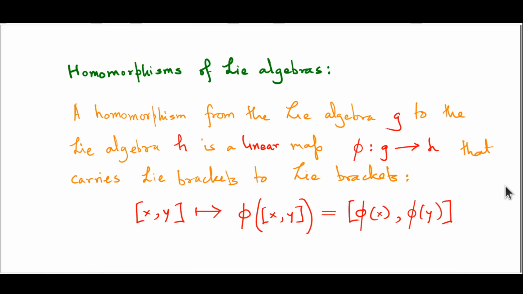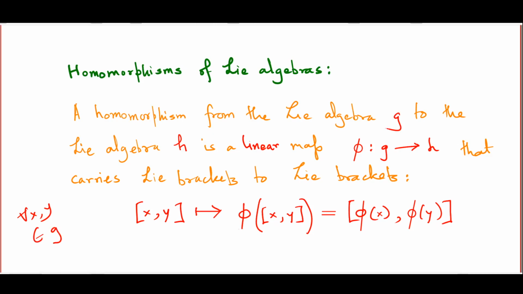So when we are talking of Lie algebras, a homomorphism from the Lie algebra G to the Lie algebra H is a linear map. After all, Lie algebras are vector spaces. So the only kind of maps that we really want to talk about are those which preserve the linear structure of the vector spaces. And this is a linear map phi from G to H, which actually preserves the other important structure which a Lie algebra has, that is the Lie bracket. That is, such a map must carry a Lie bracket to a Lie bracket. That is, the Lie bracket of two elements x and y, and this works for any x and y belonging to G,